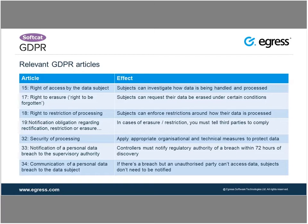So things like an individual having the right to gain access to any content you may hold on them, the right to erasure. And then things like Article 32, where you've got to put more procedures in place, so, recommendation of encryption, things like that. Yeah, absolutely. I think although data subject rights exist in the current law, as you say, I think awareness